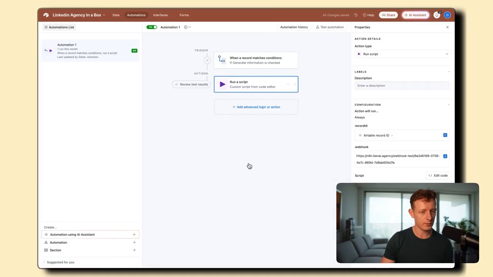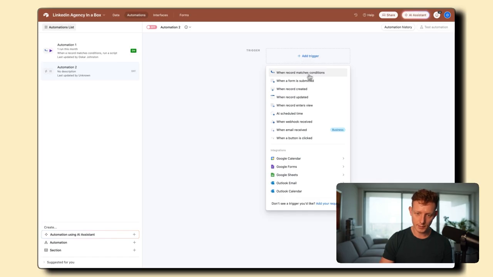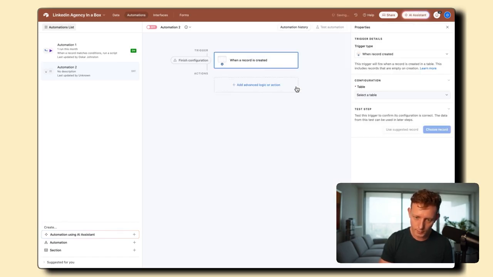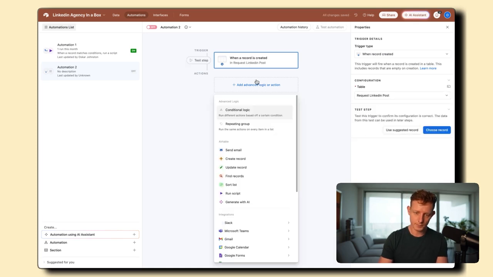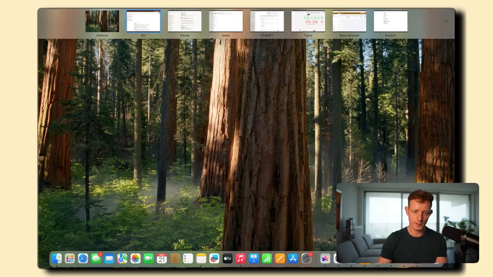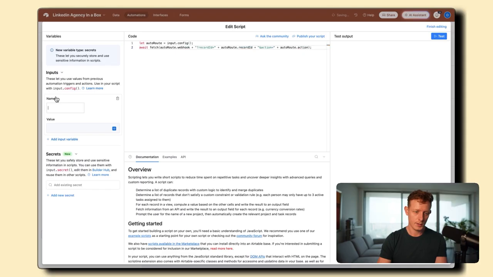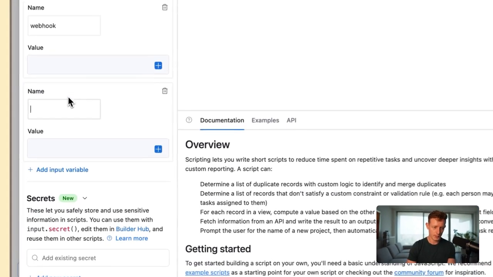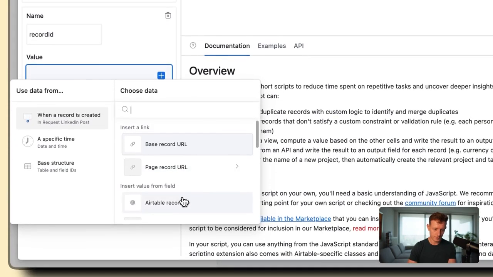So in this case, we go to automations and set up the next step. So we click here on creating a new automation. Right, and in this case we're not going to use when record matches conditions, but we're going to go when record is created. Right, then we select the request LinkedIn post. And again, we use that script from before. Again, we have to define the input variables. So the webhook, which we don't have yet, the record ID, which we define right here,